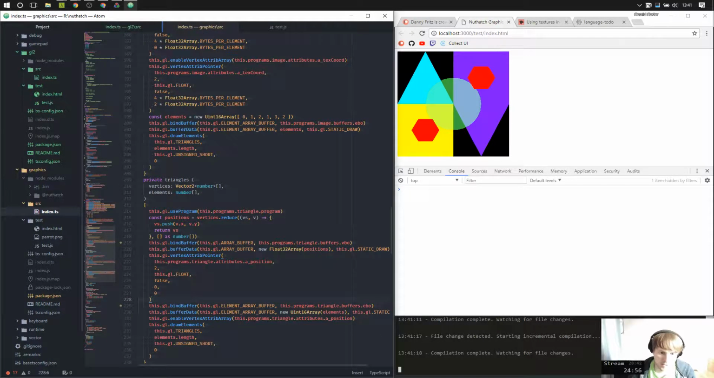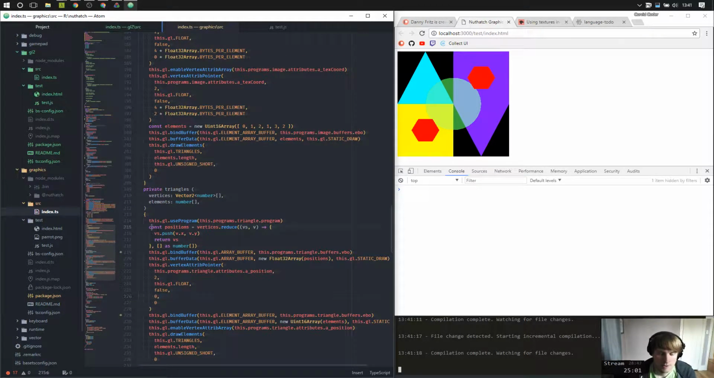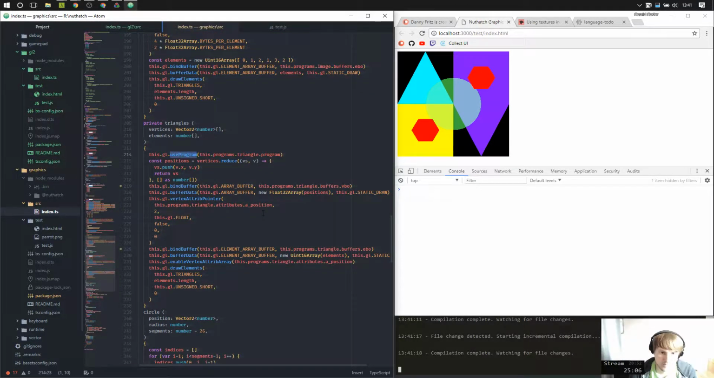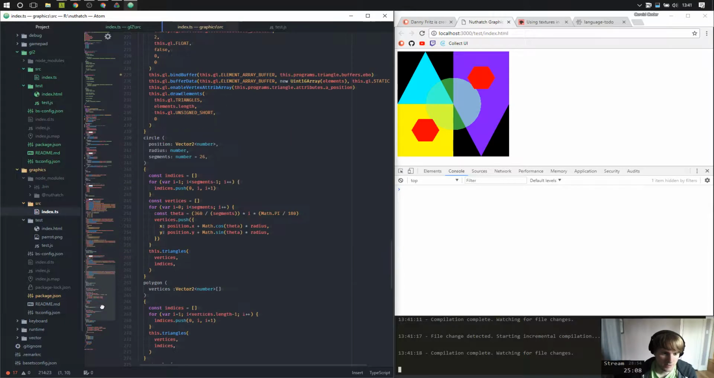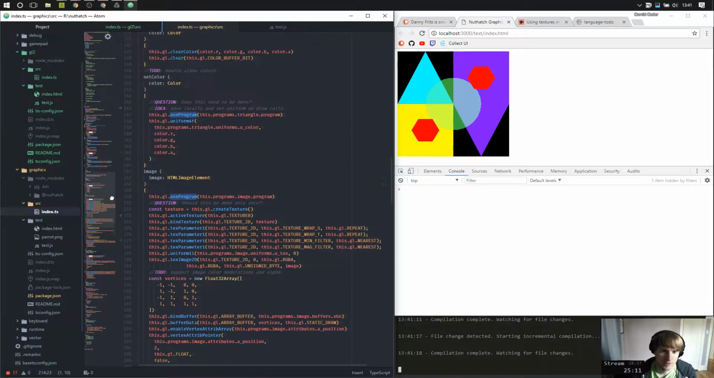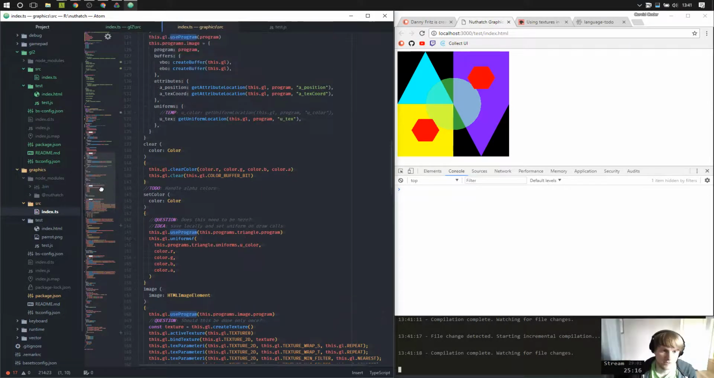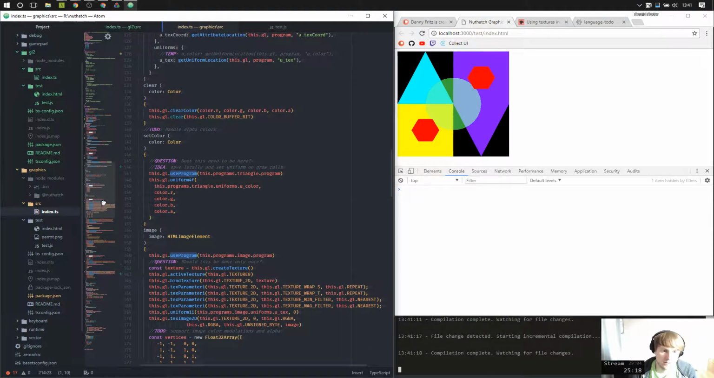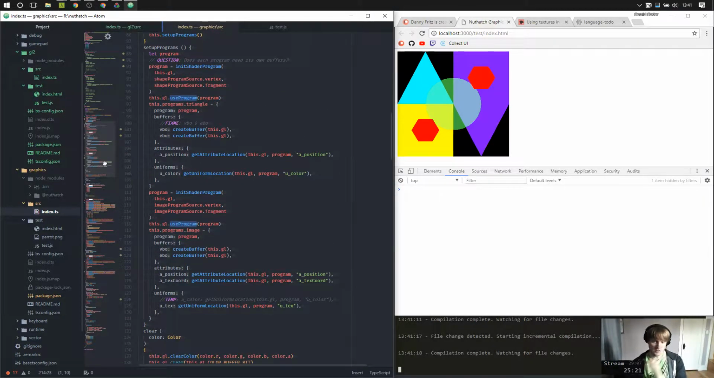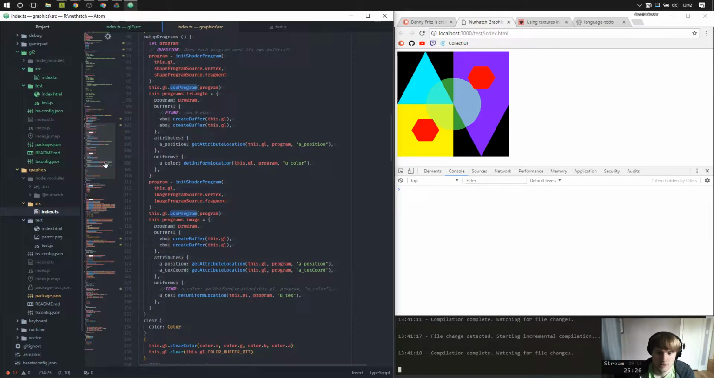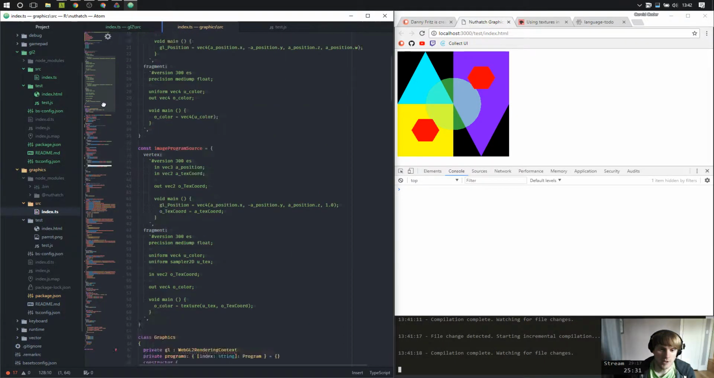A lot of this can be abstracted out. Not horrible though. Where am I using useProgram? Here, here, here. I don't think this needs to change. And here and here. Okay. So I need to get this back here. For that,